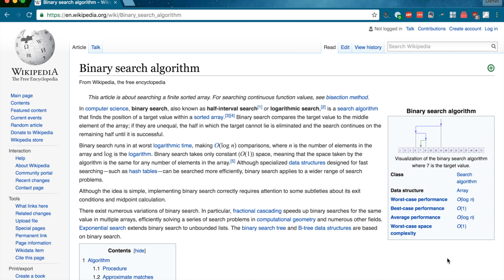So we're basically going from the very beginning of the array all the way to the very end. And then the midpoint is the average of 0 and array.length minus 1. So it's 0 plus array.length minus 1, divided by 2, and we'll set that to be a variable called mid. Now we have our beginning, middle, and end, and so we have to set up a conditional to ask if